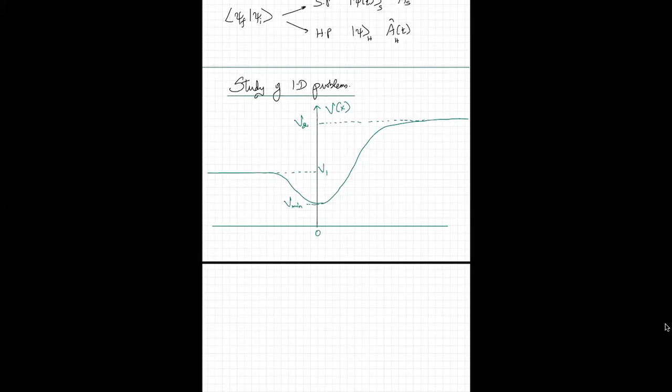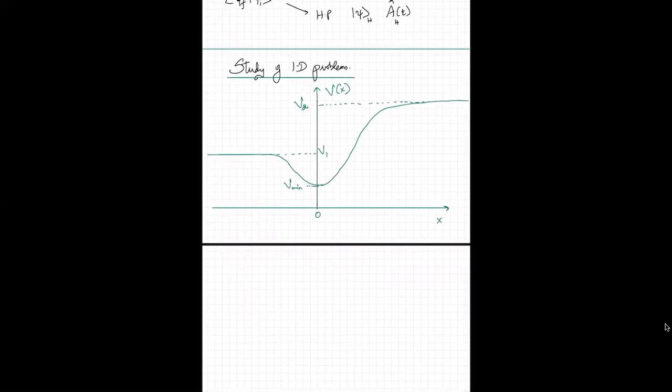All right. So we want to understand what happens if a particle that is moving along the x-axis, this is my x-axis, experiences this potential. So first, let us try to understand what happens classically. Okay. So let us see what happens if I have a particle that I'm throwing into this force field, and this particle has some energy. I'm giving it some kinetic energy initially, and let us say that this energy is some value between the minimum of the potential and V1. Okay, so let us say that